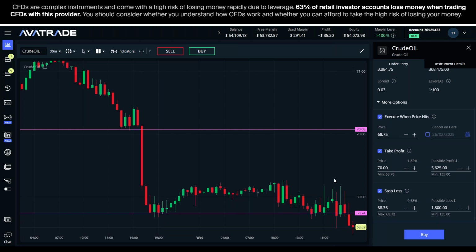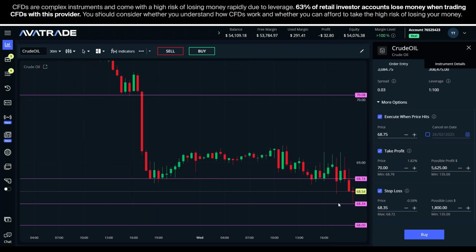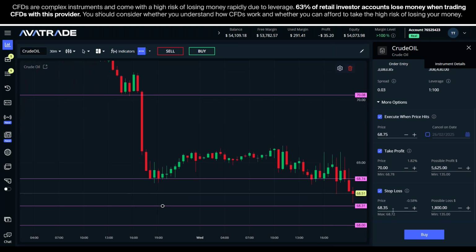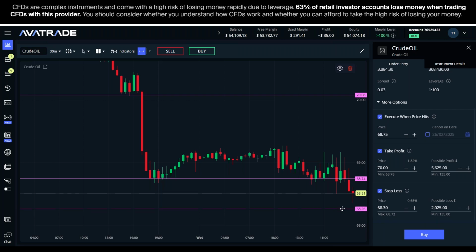Let's actually go 68.30. It defaulted me a stop loss and I didn't adjust it. So you always double check your stop losses. So 68.30 is here, below